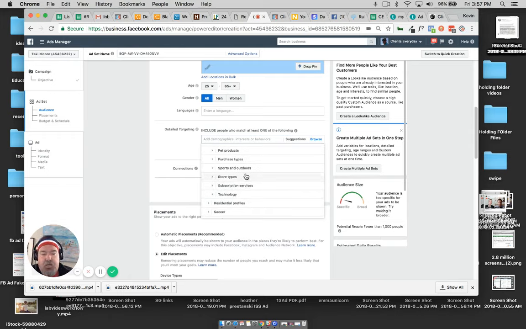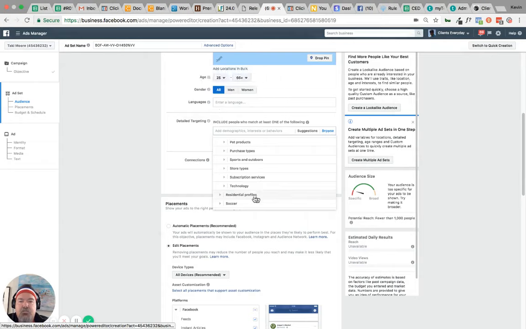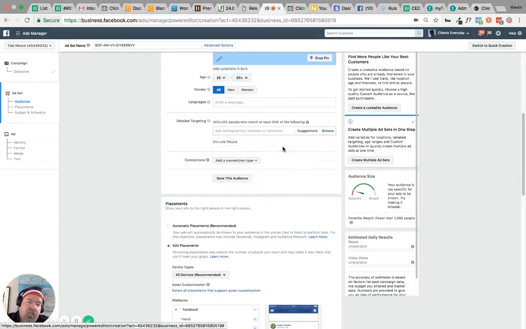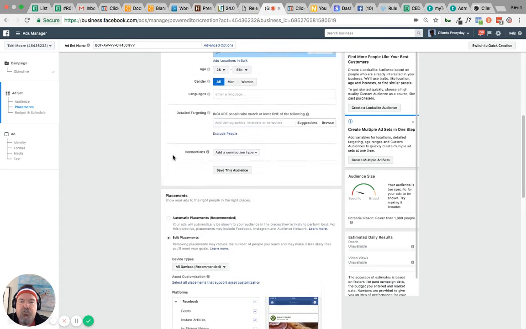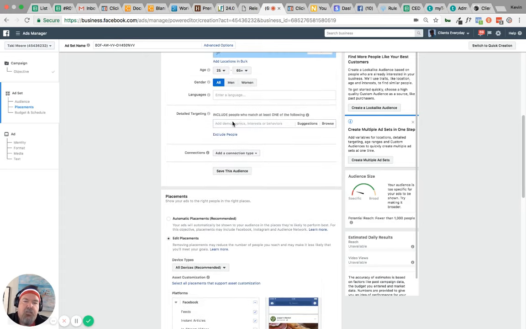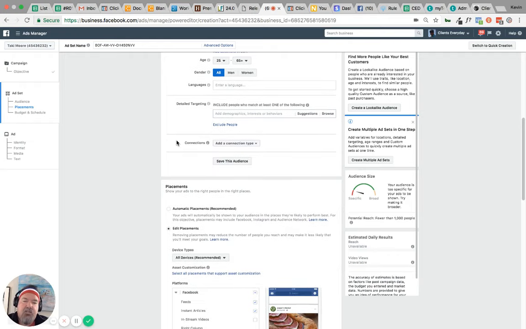Now, again, I know it takes money and takes time to test all this stuff. I know it is, but this is a long game, right? So you figure this stuff out. Once you get something that works, then it's super valuable to you. So that's all the detailed targeting, and that's part of why Facebook is hard, right? Because you have so many options, and you're like, holy crap, man! I could spend the rest of my life just trying to find the right combination of these things, and you